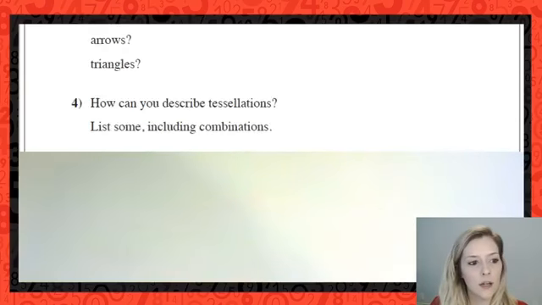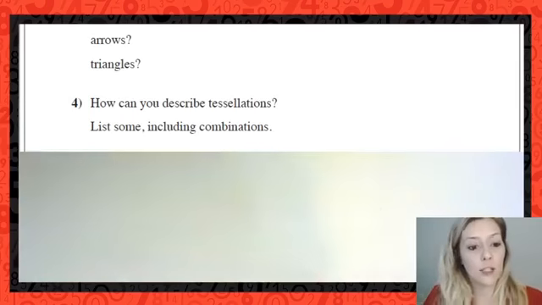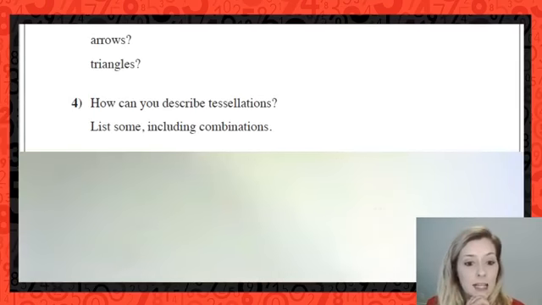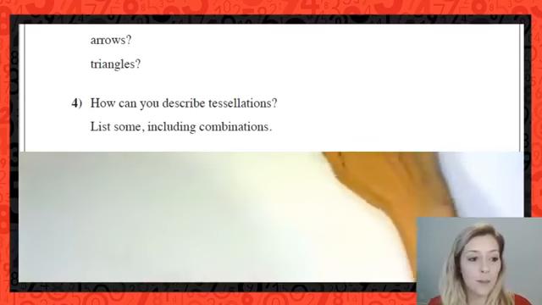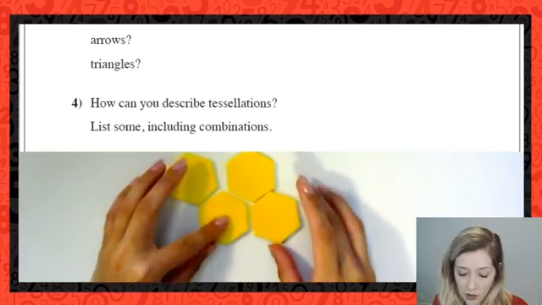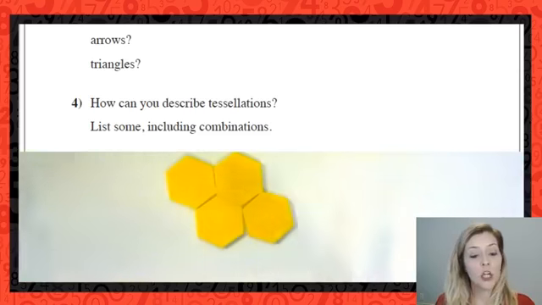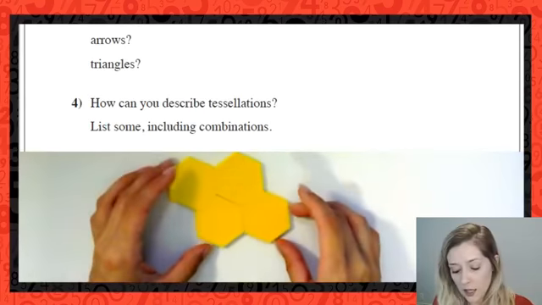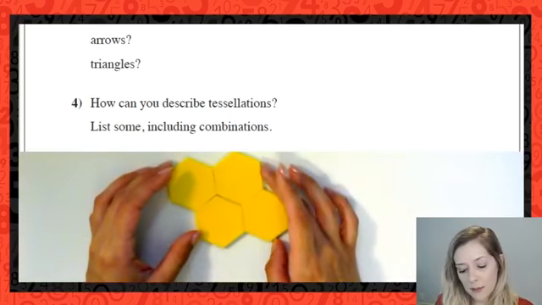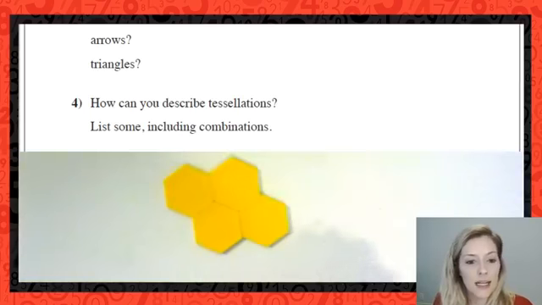Just scroll down here. So before I kind of reveal the next question, we've talked about tessellations, we've talked about what it means to tessellate, we've seen examples with shapes that work, possibly some that do not, so possibly with my arrows that wasn't working. Maybe it would, maybe if I just played around with some manipulation of that arrow, it would have worked. So the question is, how can I describe tessellations? How can I describe what's happening here? And I'll give us some examples in a bit too.